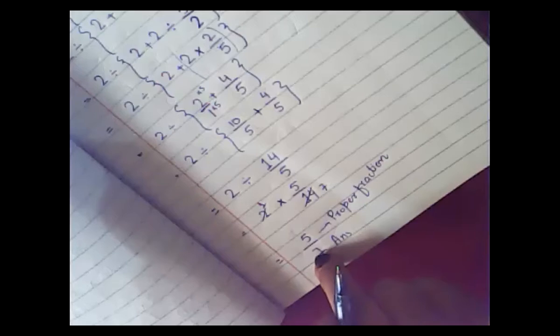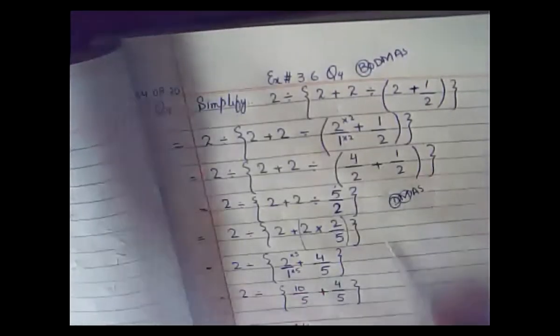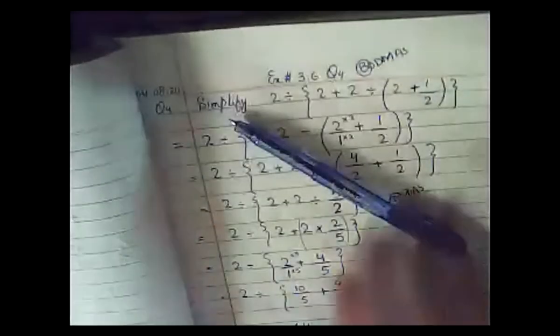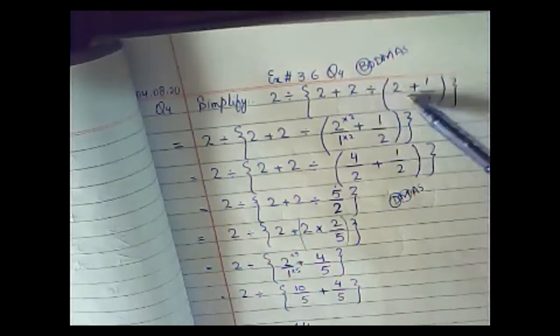The 5 upon 7 is my answer. So this is the way to solve this type of question. To make you confused, they placed here 2 plus 2. So what students did, they simply add them up. They will write 2 plus 2 here and then also add these fractions as well.